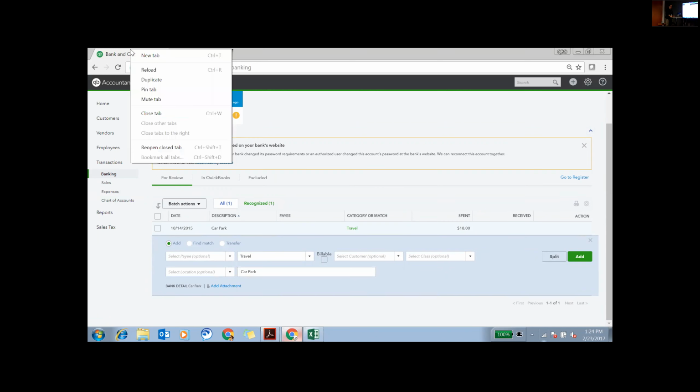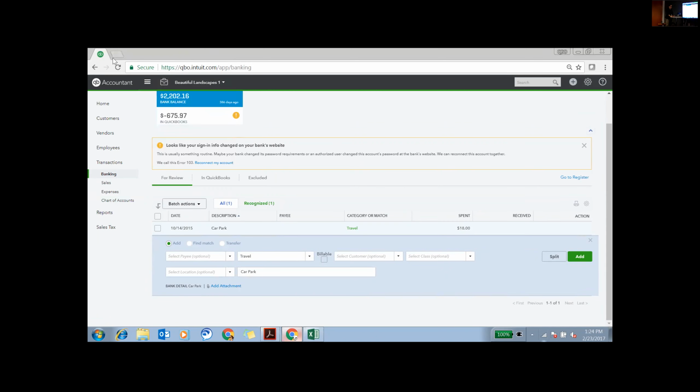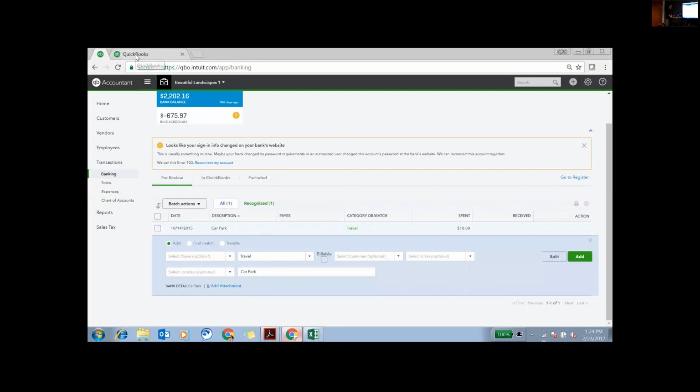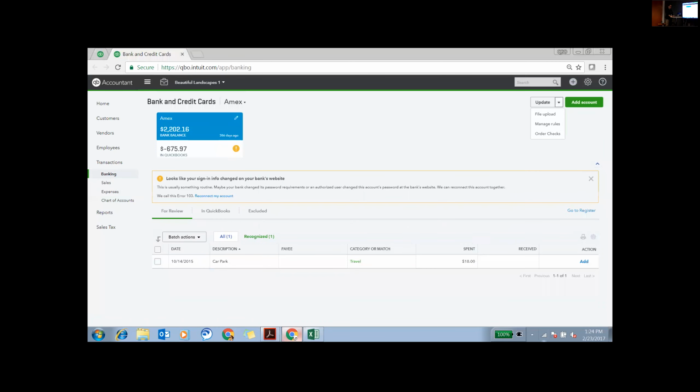So right click, duplicate, or the accountant toolbox, new window. We'll duplicate the tab. Work in multiple tabs if you're doing multiple things. That's the best advice I can give you. I try to never re-navigate to the bank feed window and never have more than one open at once. Like when I duplicate this to make rules, the first thing I want to do is wait for it to load. If you're getting the spinning wheel of death, don't walk away to get coffee, because if you come back and you start working in the other, especially when you're reconciling,